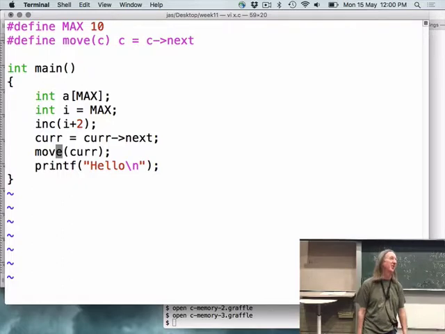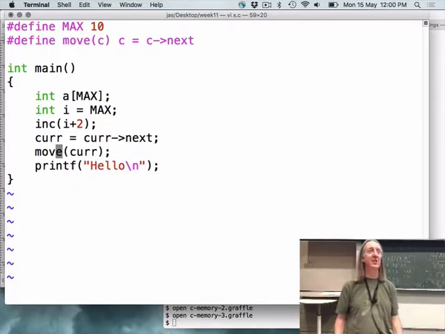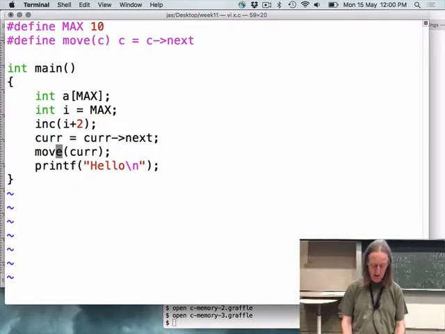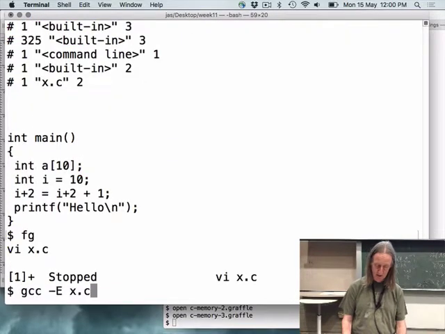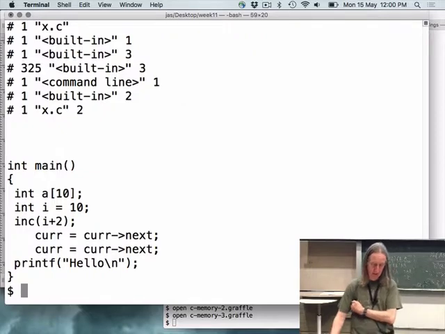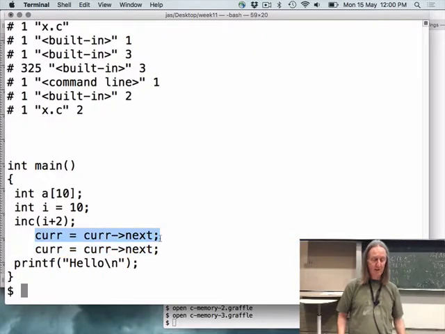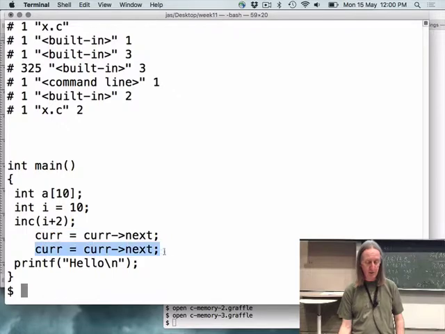So marginally shorter, might make sense in some contexts, but let's just look. Oh, and interesting, let's see what happens with inc as well. Okay, so this one was the one that I wrote directly into the code. This one was produced from the hash define of move.